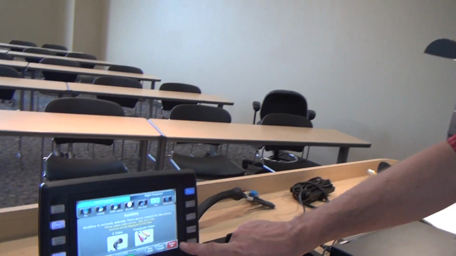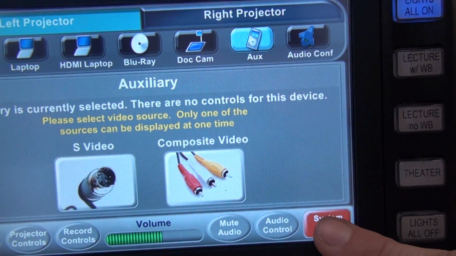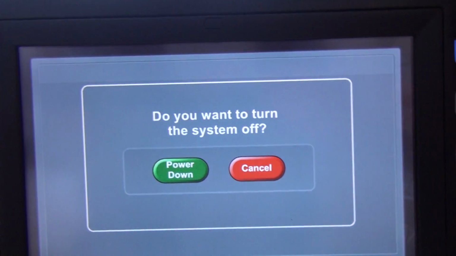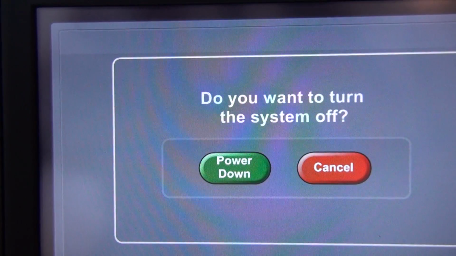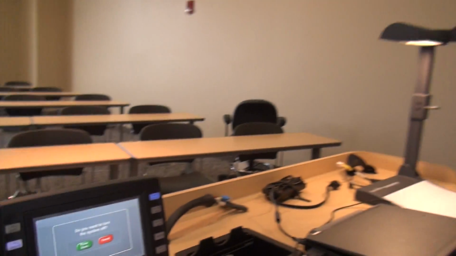And the last thing I'll mention is that in the bottom right-hand corner is our System Off button. When I press System Off, it's going to ask me if I'm sure I want to power down. And I'm going to go ahead and say yes, I want to power down, and that's going to power down both projectors, and it's going to bring both screens up. And that's very important because we want to save the life of the projector bulbs for us. So I'll go ahead and hit power down, and then I'll